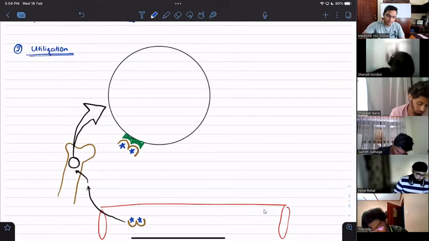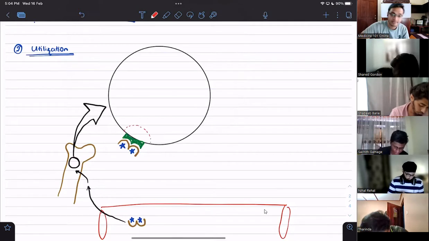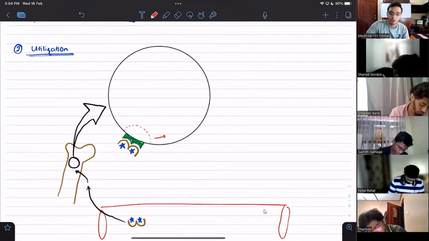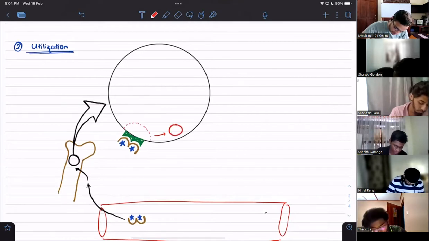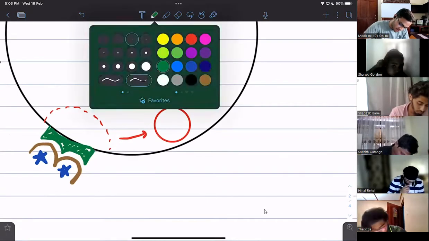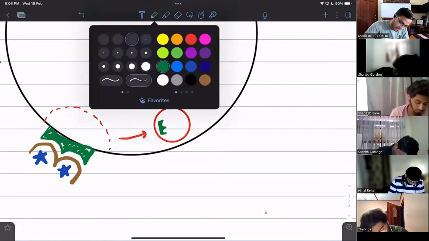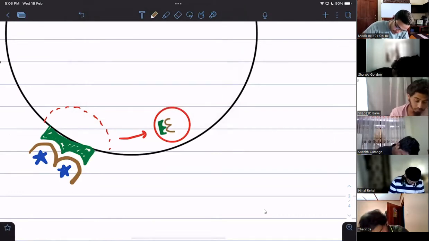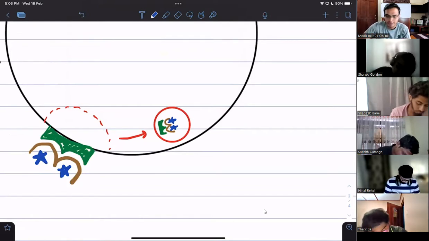Right. What will happen? Endocytotic process will happen. It will take this in, right? And it will put it into a small vacuole sort of thing, something like that. And I will draw it there, right? And now what do we have here? We have the receptor. We have the transferrin molecule. And we have the two Fe3 plus ions. Fe3 plus ions, right? Something like this, right?